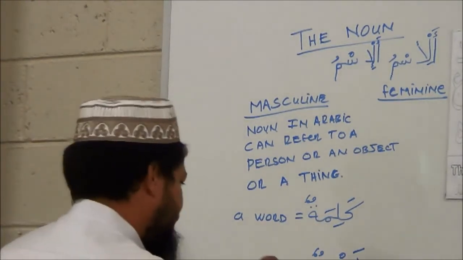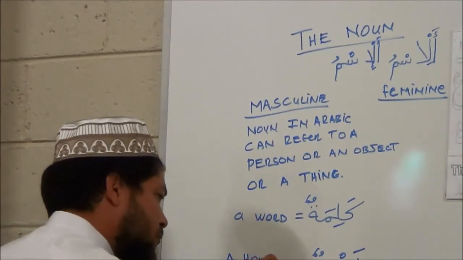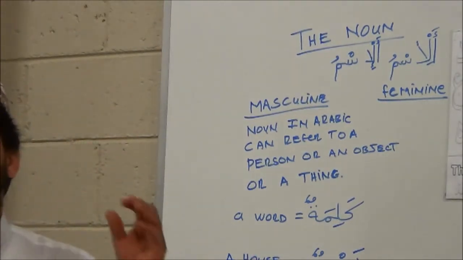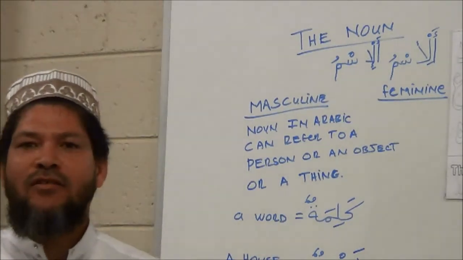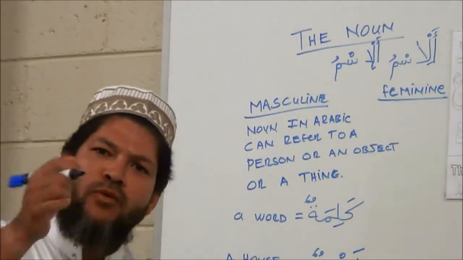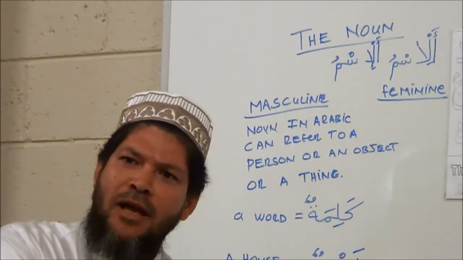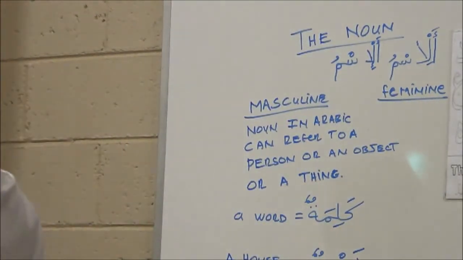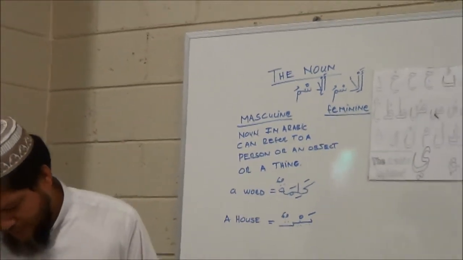Baytun. All of us live in a bayt. Baytun, a house. Baytun, bayt. Right, you can think of bayt. What do we catch the fish with? We put on the hook. What do we put on the hook? Bait. Right? So think of it. Baytun. You won't forget this word ever, inshallah. Baytun means a house.